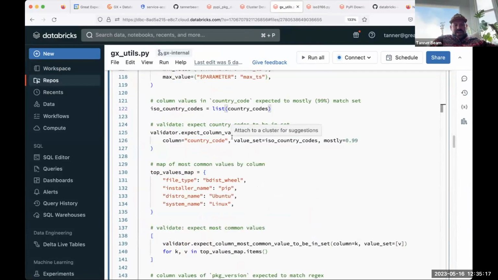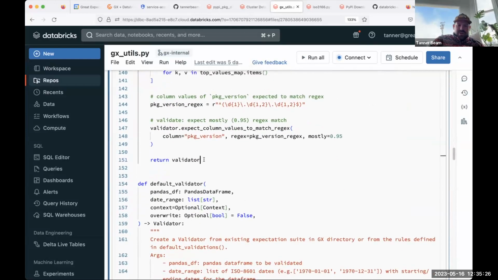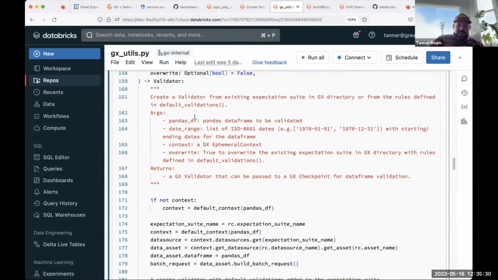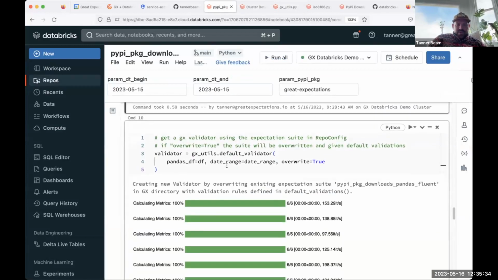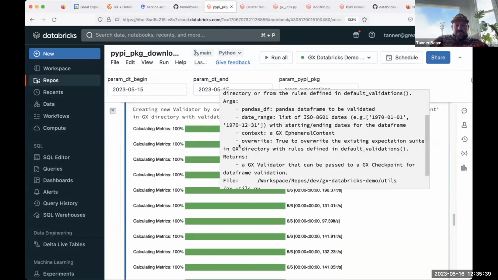I don't think we're creating a lot of new countries these days, but maybe I'm wrong. Anyways, this has all the rules, and then it just returns the validator. And so I'm getting a default validator with all those rules. Okay. So, you don't have to worry too much about what's in there unless you want to, but it basically